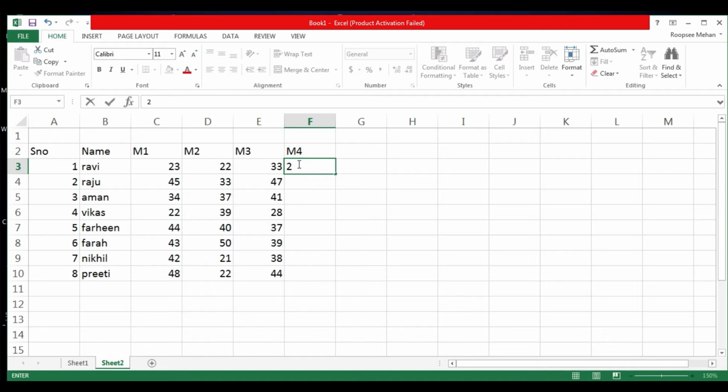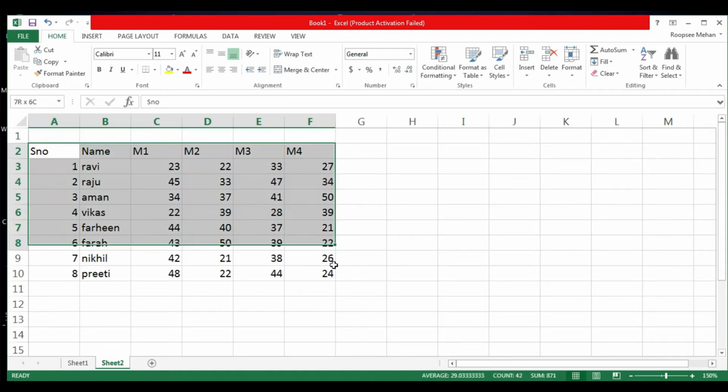So you can just enter random marks like this. Okay, now I will just select it.